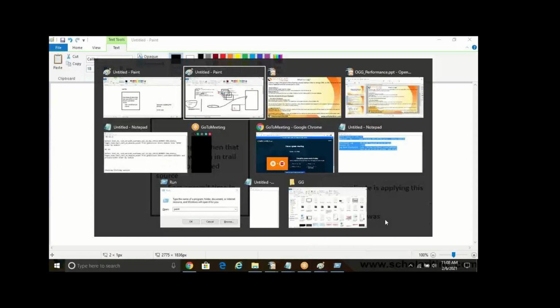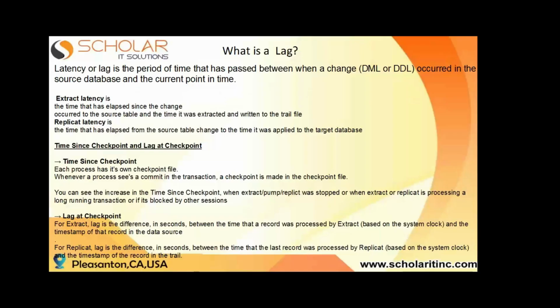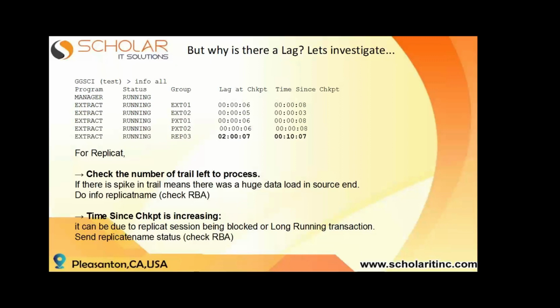Now let's see various cases. When you have a lag, how you can approach it. So first thing, what I do, if there is lag in the replicate, as you can see here, 2 hours lag, I first check how many trail files came. For example,